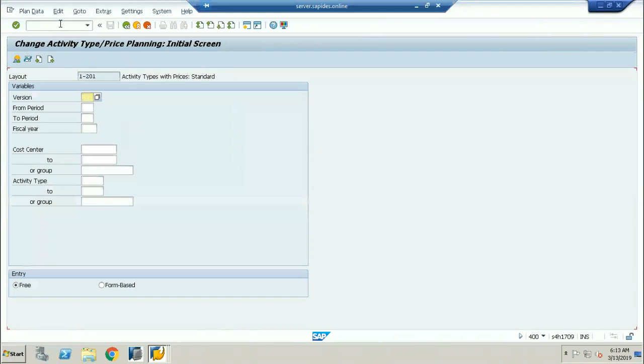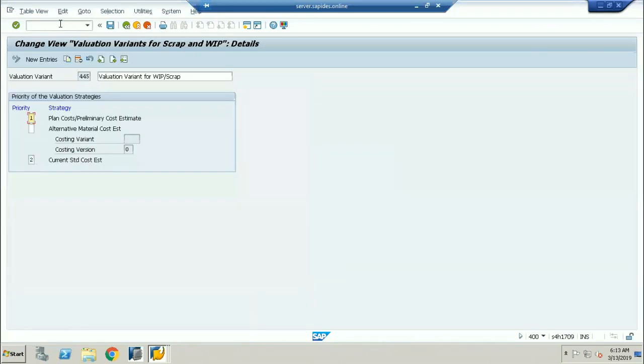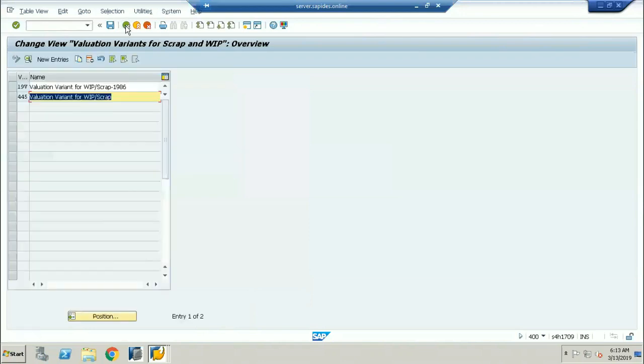Here you are going to do the cost center planning in KP26 with the activity type. Whether you want to go with the valuation variant based on the planned cost and the preliminary cost estimation as a priority, or you want to go with the first priority as the standard cost estimation, here you need to select the priority of the valuation strategies. Alternative material cost estimation will be there here.